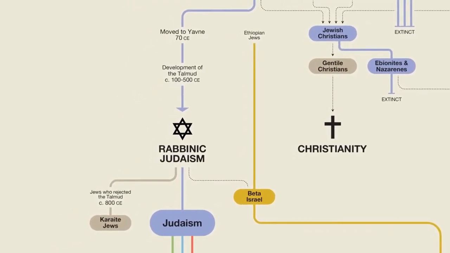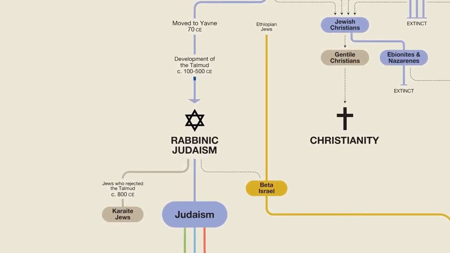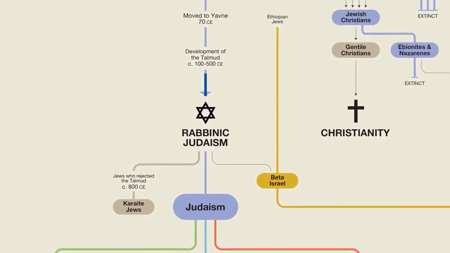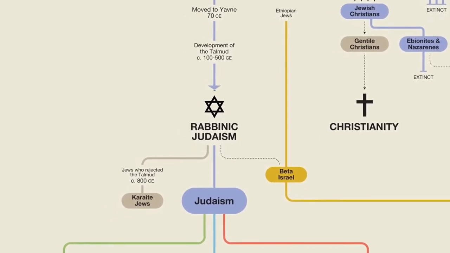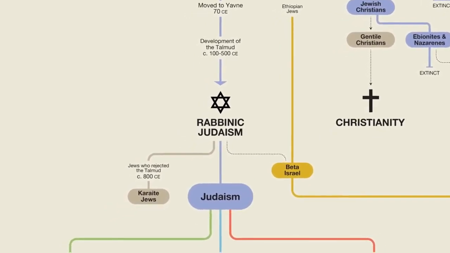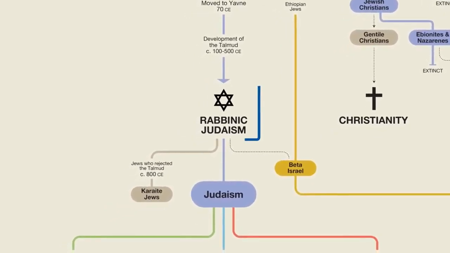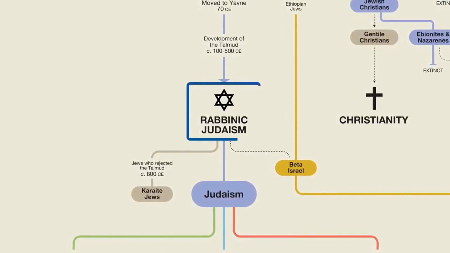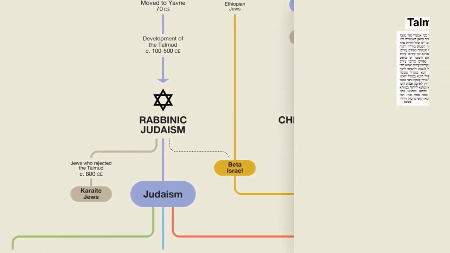The scholars at this Yavne school eventually became known as rabbis. Thus, Judaism, as it exists today, can more accurately be called Rabbinic Judaism, in order to distinguish it from the earlier Second Temple Judaism. One of the things that the early rabbis did was to develop the Talmud, which actually has 2 components: